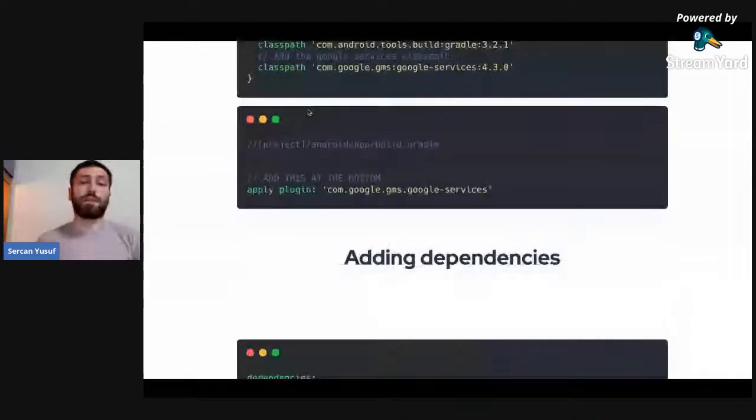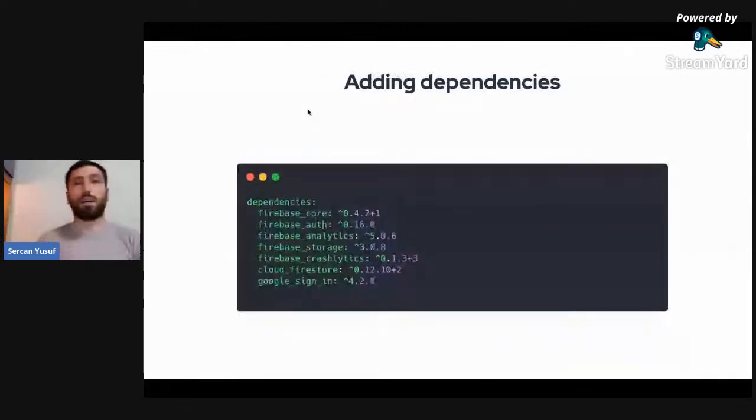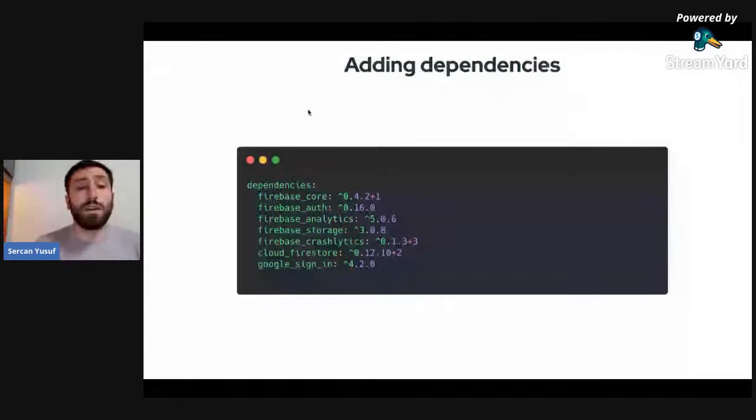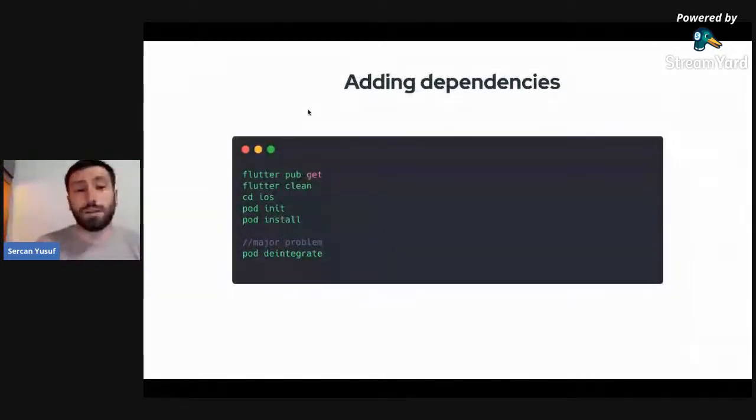So after that, we can pass to the pubspec.yaml on the Flutter side, and we can add whatever Flutter dependency we want. Some of them have special configurations and special additions. We have to do some other additions to our Android side, but I will talk about them. So after adding dependencies, don't forget about